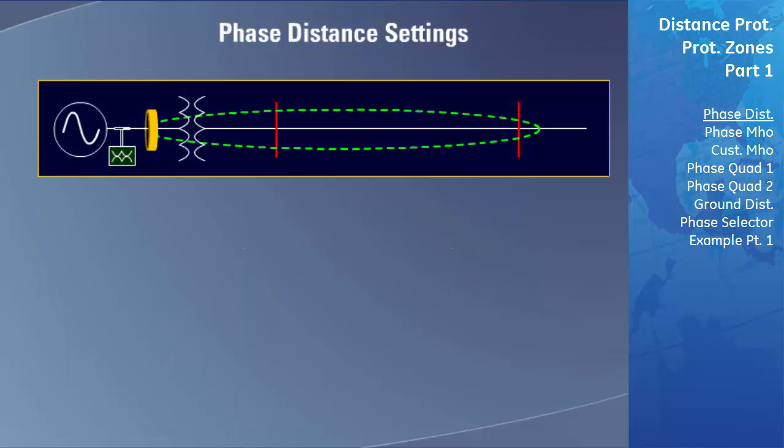The D60 has the ability of protecting a transmission line even when the CTs used to measure the current and the VTs used to measure the voltage are separated from the transmission line by a 3-phase power transformer. If this is to be done, the next 2 settings need to be set to let the D60 know whether or not each measuring device is located on the same side of the transformer as the transmission line you are protecting. If they are not, you will need to program the phase shift between the CT or VT and the